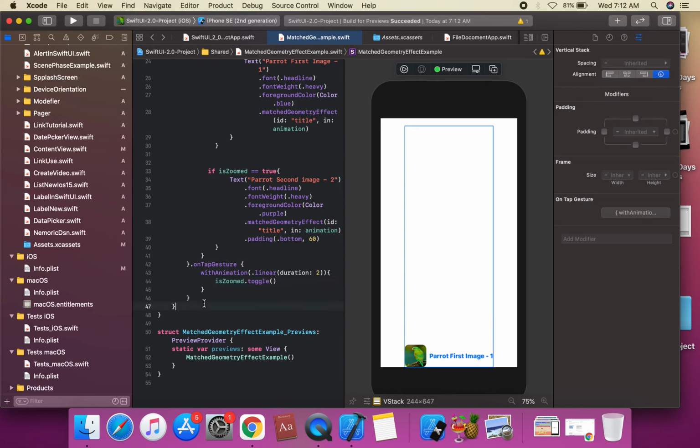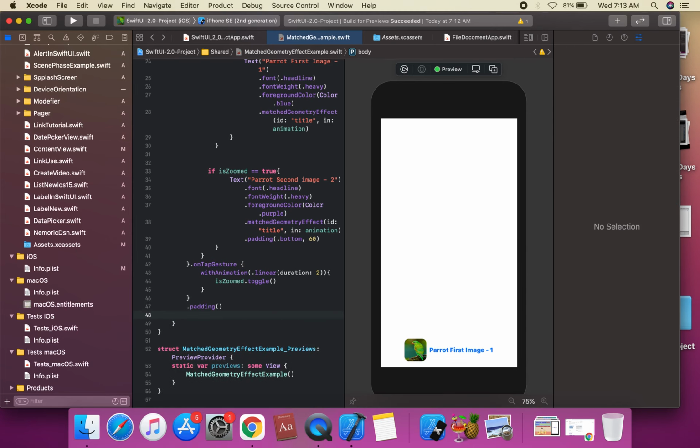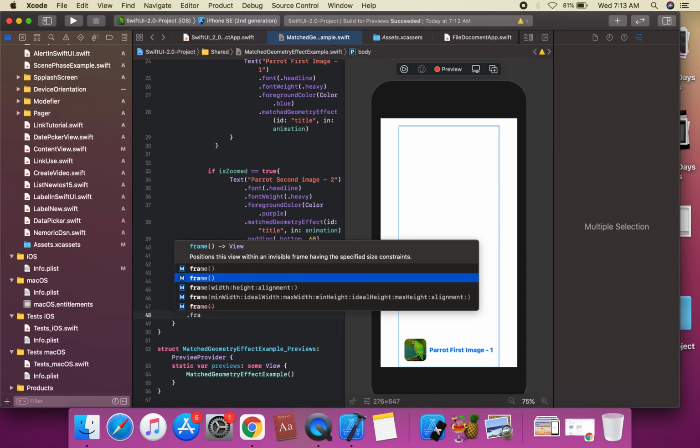Assign this tap gesture. We're going to apply it, then dot padding, and apply the frame on this tap gesture.